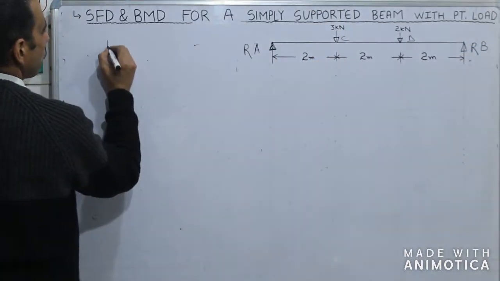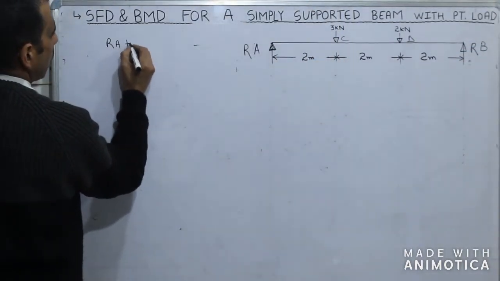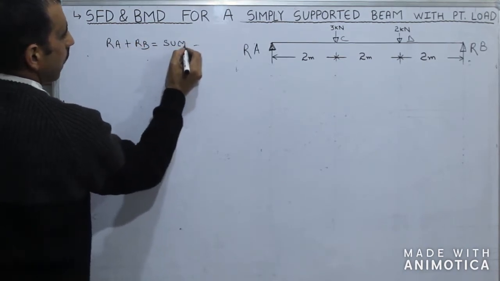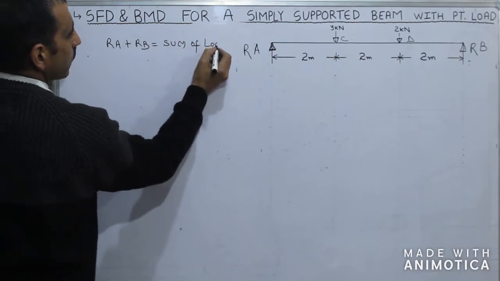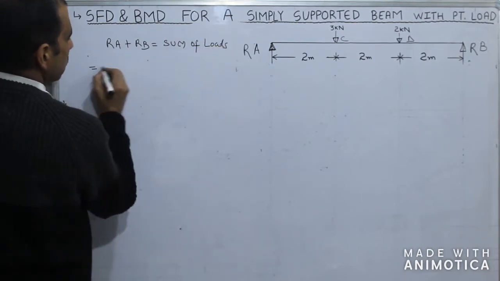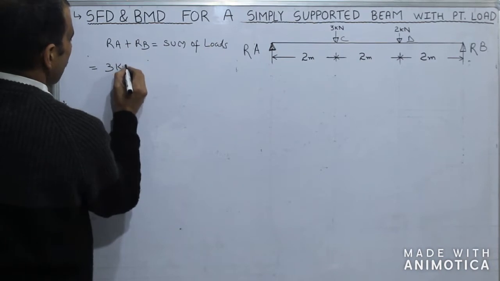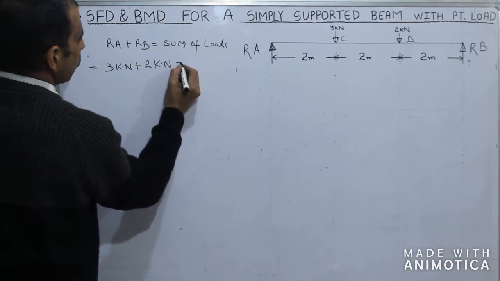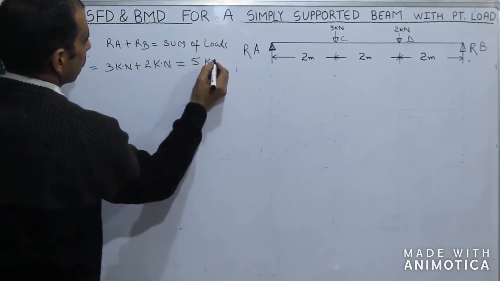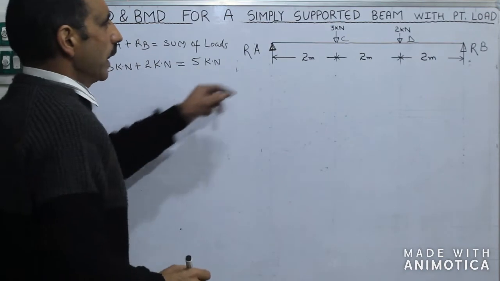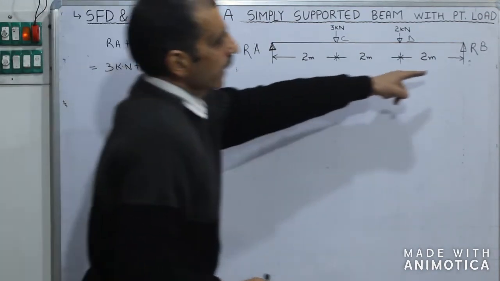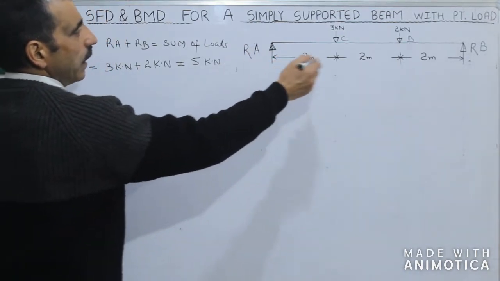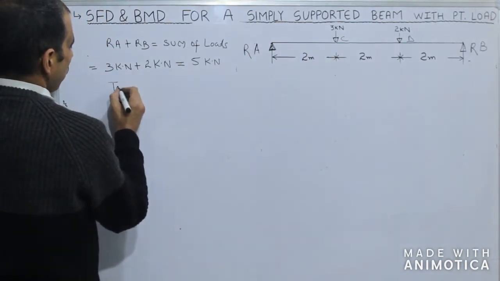Now, RA plus RB is equivalent to sum of loads. Sum of loads is 3 kilonewton plus 2 kilonewton, that is equivalent to 5 kilonewton. Now I will calculate either reaction at A or reaction at B with the help of moments. I will calculate reaction at B, taking